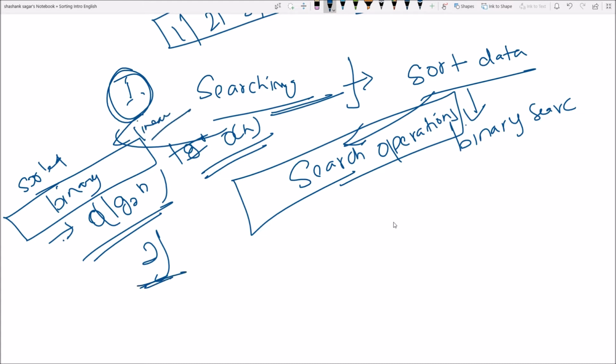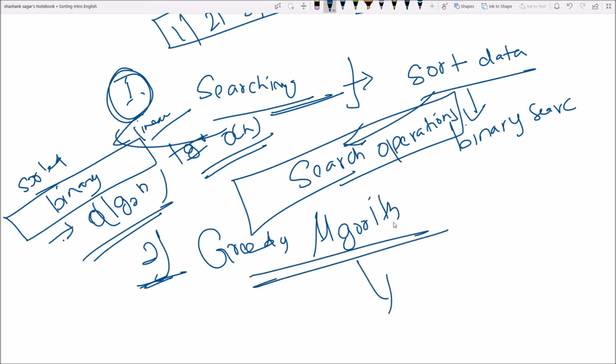Now see the second example. Second example is what? Greedy algorithms. Some of the greedy algorithm problems expect data to be sorted.